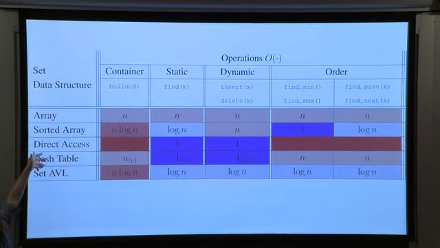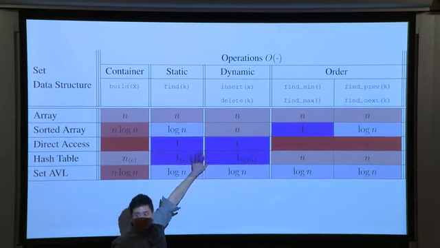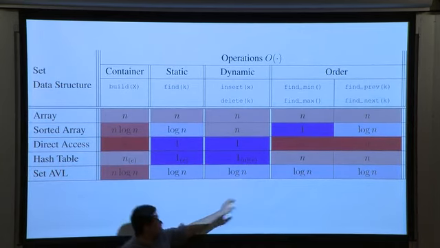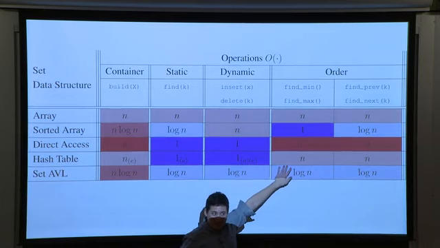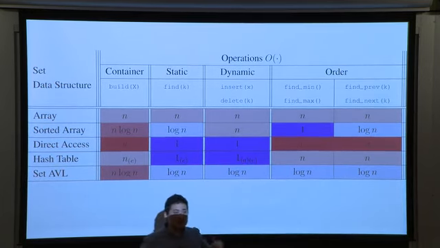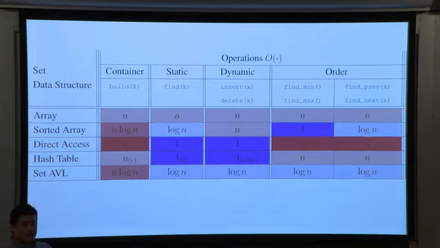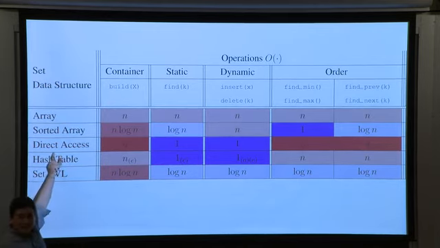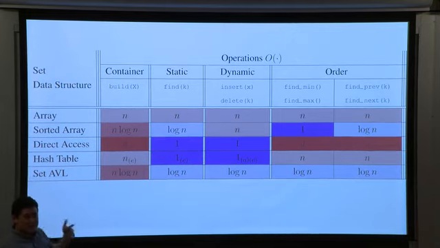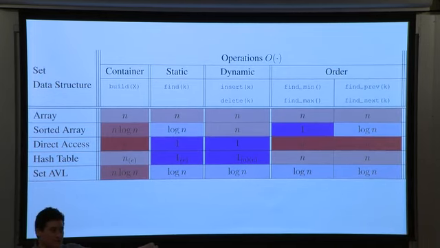Here, hash tables and direct access arrays are even better for these operations. That's great, but they suck at these. So if you need these, don't use these. And in actual coding, especially if you're coding in a language that's not Python, something that doesn't automatically give you a hash table, if you're in C in a microcontroller lab at MIT here, you're taking 6.1.15 or whatever, and you're doing assembly, usually what you're doing is direct access stuff, because that's giving you the jumps that you need in machine language to actually go and access this in constant time.